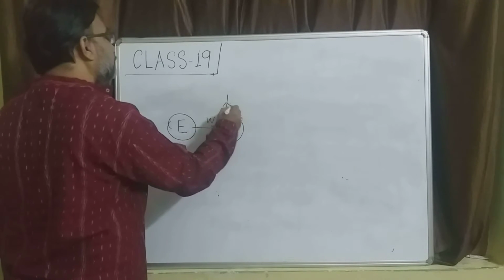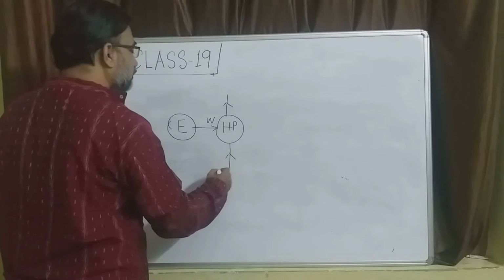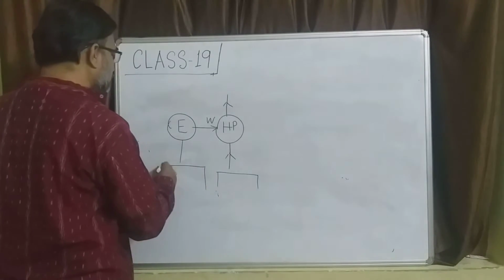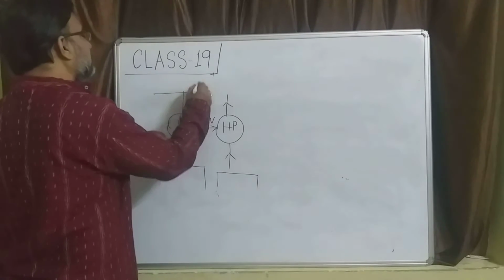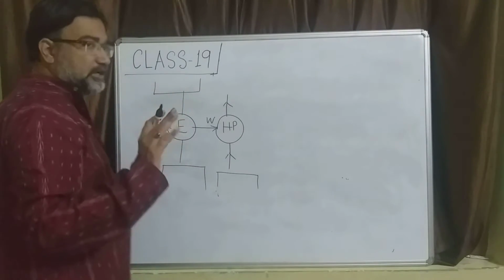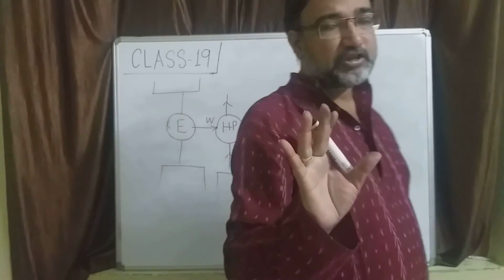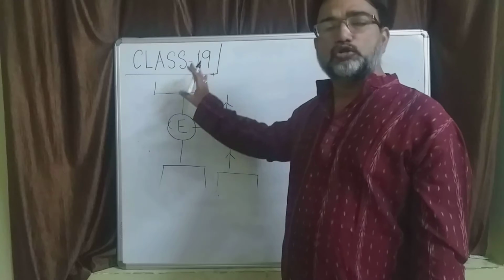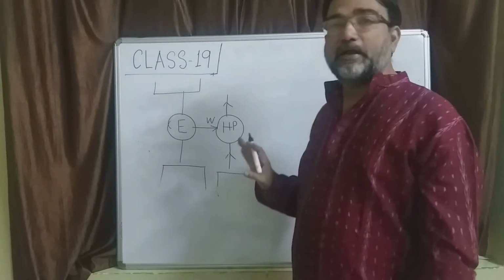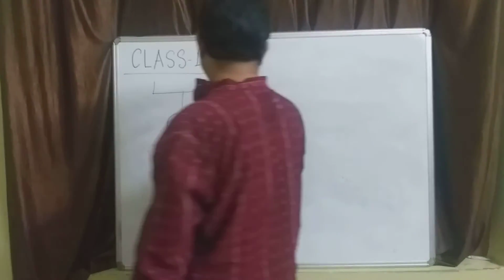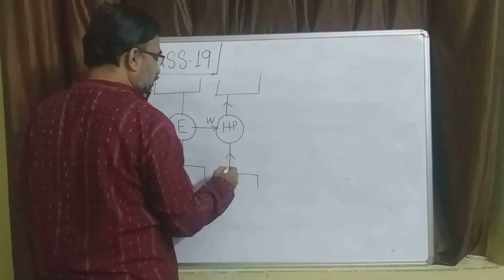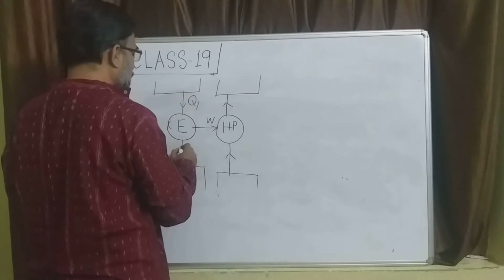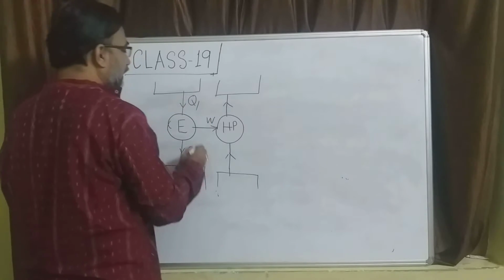Now this heat pump is working between two reservoirs. The engine is working between two reservoirs. Whether they are the same reservoir or not, we don't know, because the temperatures of the source and sink etc. are not given to you. Let us say the engine has its own source and own sink, and the heat pump has its own source and own sink. Now if you give names to the heat terms, let this be Q1, Q2 and this be W.